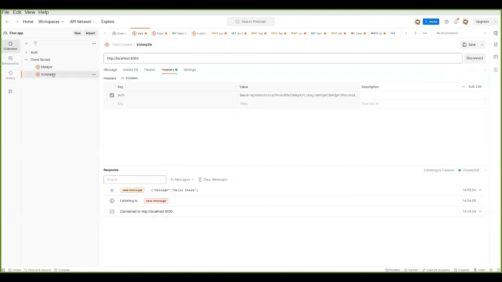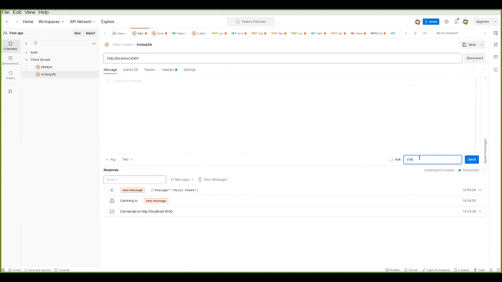Then let's come here. You see, the second user receives that message, right? Hello there. And the second user can actually check his list of chats, right? So if he says chats and he sends it,